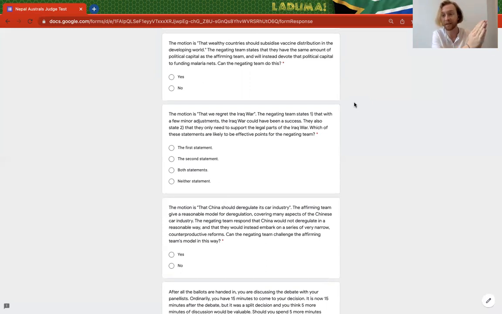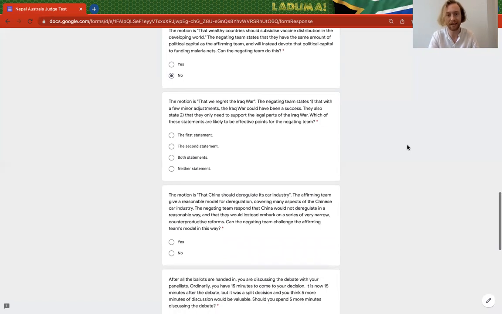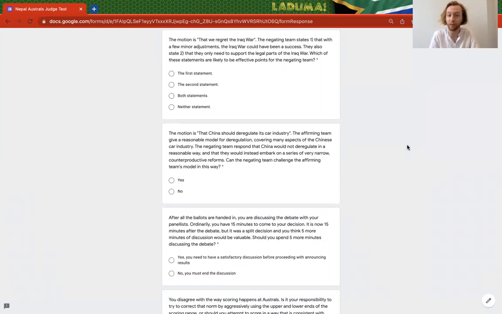And they might claim we have a set amount of money that comes in every year from these particular donors, and that therefore, if you don't subsidize vaccine distribution, you likely have much more money to do other things, and the natural consequence of having much more money is it gets put into areas that we think are more important. That's an example of how you'd actually analyze that claim, but you can't simply claim we have equal political fiat. That's something that has been quite clearly changed in the new World's Manual, and also is reflected in the new Australs Manual. So sorry, the answer to that is no, you can't merely say that you'll devote political capital to funding malaria nets. Next debate is that we regret the Iraq War.